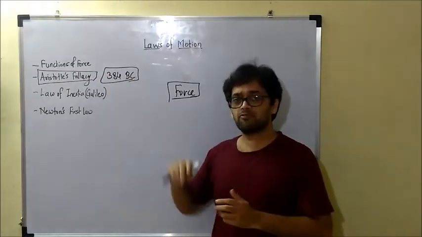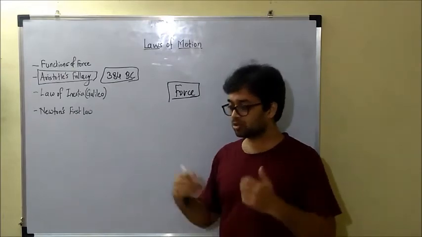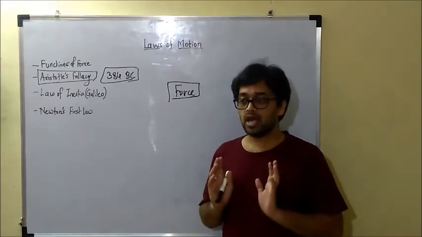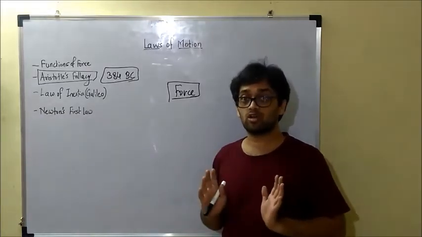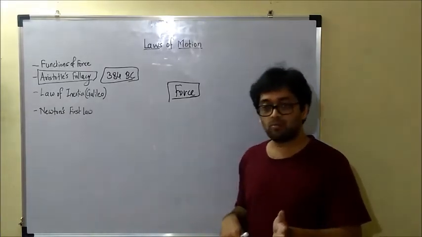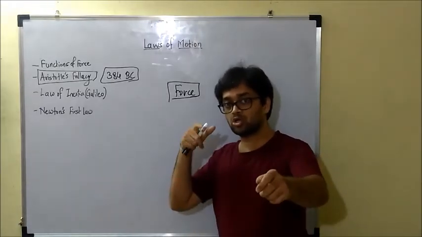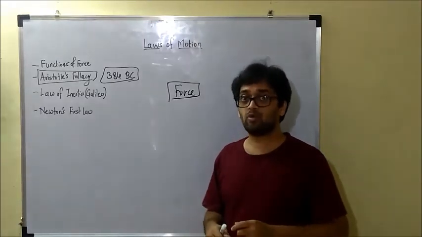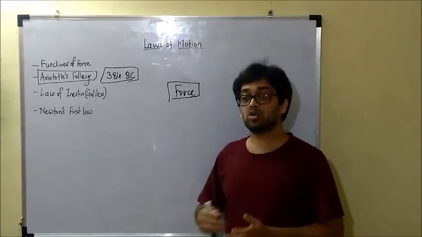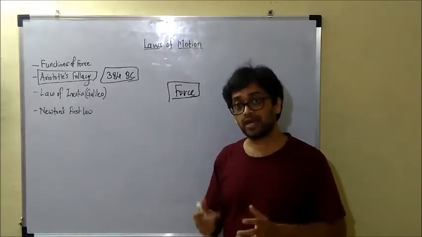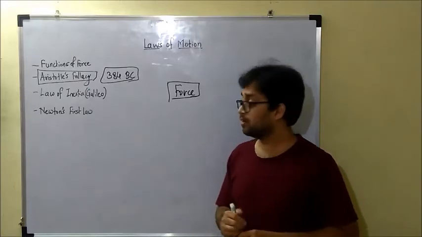He concluded this from a common experience. He looked at the objects around him and felt that no objects continue their constant velocity motion. If you kick a ball, it slows down. If you shoot an arrow with a bow, it slows down. So everything is slowing down. That means for them to continue in constant motion, an external force must be necessary.